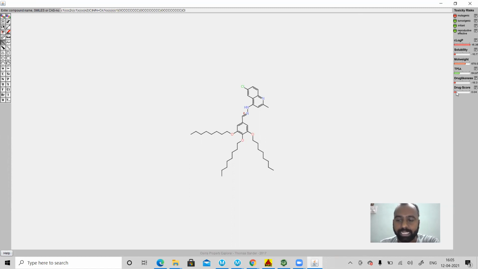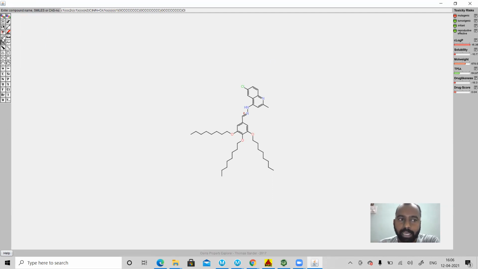Now what is a hit? A hit is a molecule which has micromolar activity. That means the biological activity of the molecule is expressed in micromolar. When you optimize it, it will be expressed in nanomolar. That is the lead molecule. The lead molecule will always work at a minute concentration. It will be more effective biologically. That is the fundamental difference between a hit and a lead.